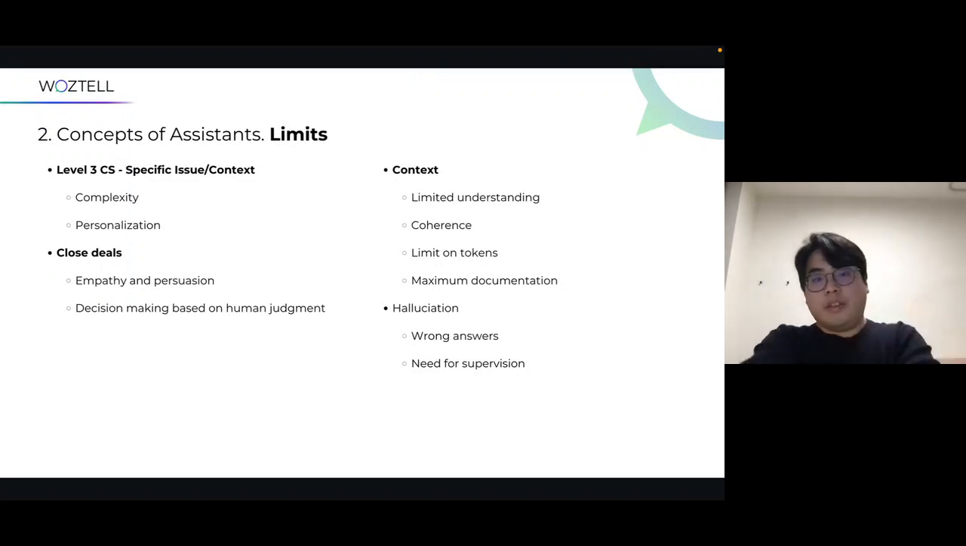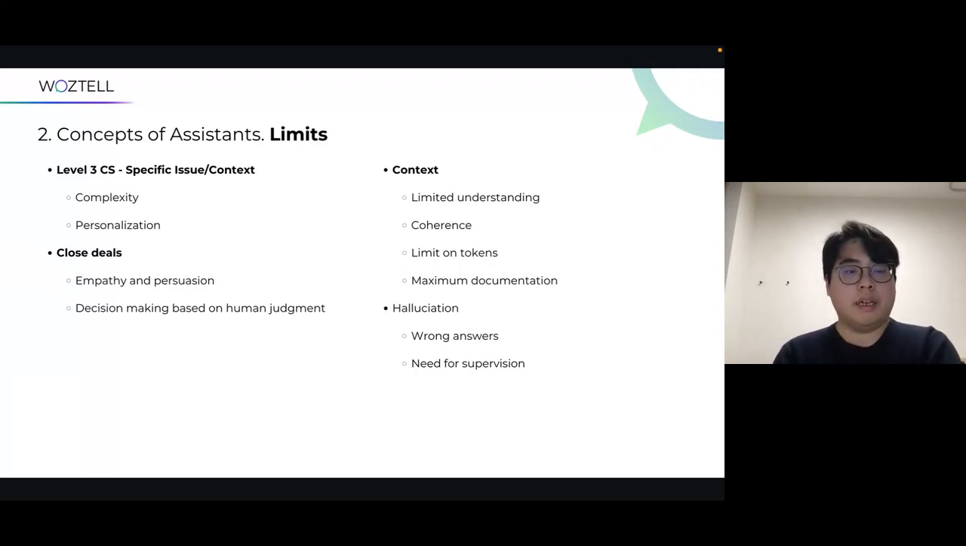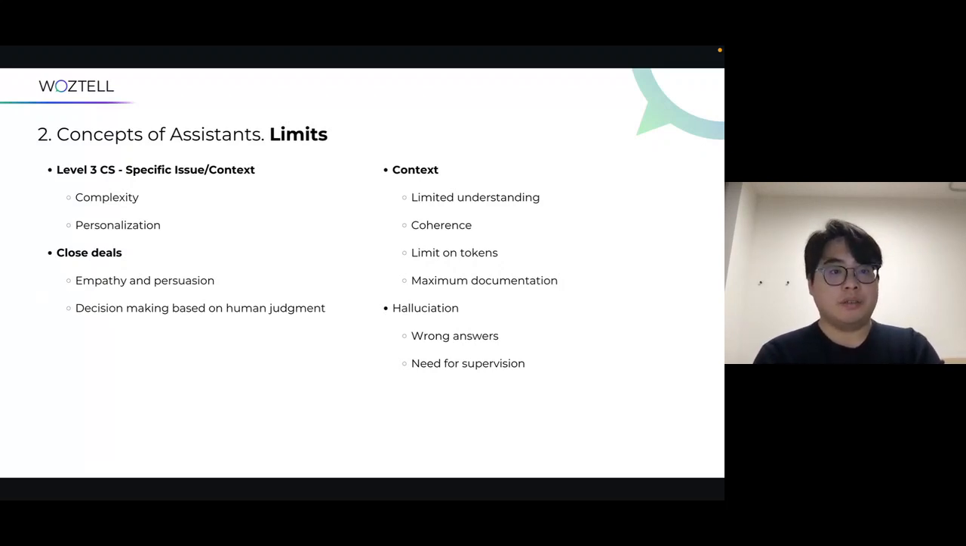Something that you need to be aware of: it's so awesome that GPT can do everything, as I've shown you in the demo, but actually it's not 100% of everything. There are some limitations, for example, the complexity of the answers. Just now I talked about level 1 and 2, which is basic FAQ. But there's also level 3 customer service replies, which handle specific issues that require specific context,